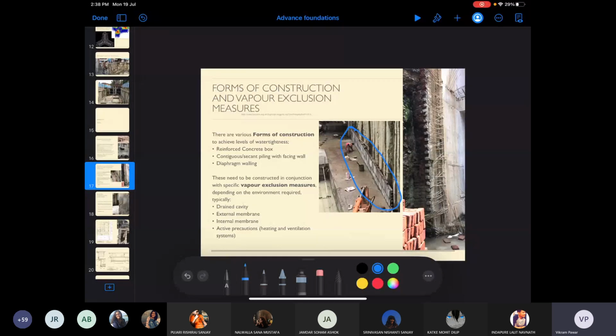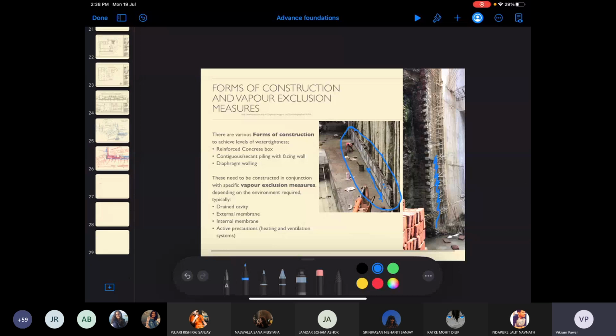There are these tiles which are being constructed, layered. And if you see the right side image, there is this waterproofing layer which is done over here, and on the inside again there is an RCC wall. I am assuming that there will be an RCC wall even on the inside, so that this waterproofing remains outside the habitable or usable space. Correct. Now this waterproofing is called box type waterproofing.